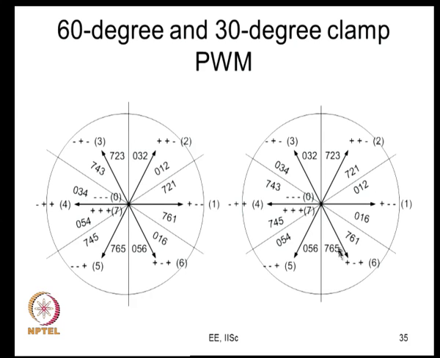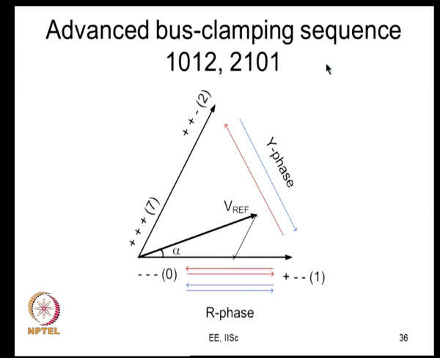Now, if you look at here, this is a place where R phase is clamped when 7 6 1 is applied. Again, this is a place when 7 1 2 1 is applied, R phase is clamped to the positive bus, and R phase has a positive zero crossing here. This is 0 degree, this is 30, this is 60. So, between 30 to 60, R phase is clamped to the positive bus. This is 90, this is 120, this is 150. This is 120 to 150, once again R phase is clamped to the positive bus. So, R phase is clamped to the positive bus during the middle 30 degree duration of this quarter cycle, again the middle 30 degree duration of that quarter cycle. So, we call this 60 degree clamp PWM method and 30 degree clamp PWM method.